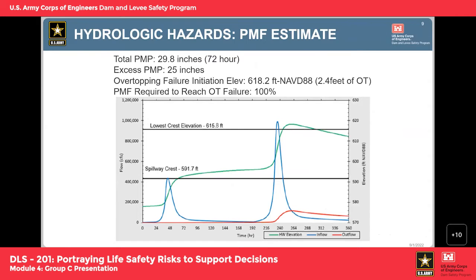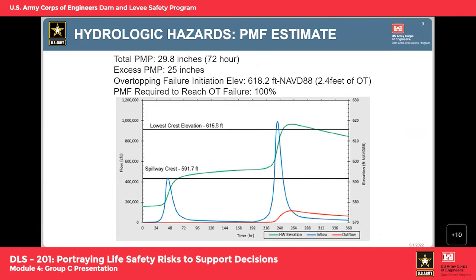Detailed sensitivity analysis was performed on the PMF to quantify the range of potential inflows and pool stages, as well as to determine what parameters the basin was sensitive to. All of the plans ran used an antecedent event that was 50% of the PMF inflow hydrograph with a 5-day drying period between the antecedent event and the PMF. The recommended PMF has a peak inflow of 991,500 CFS and creates a peak pool of 618.2 feet, which overtops the dam by 2.4 feet. It should also be noted that the antecedent event is large enough to initiate spillway